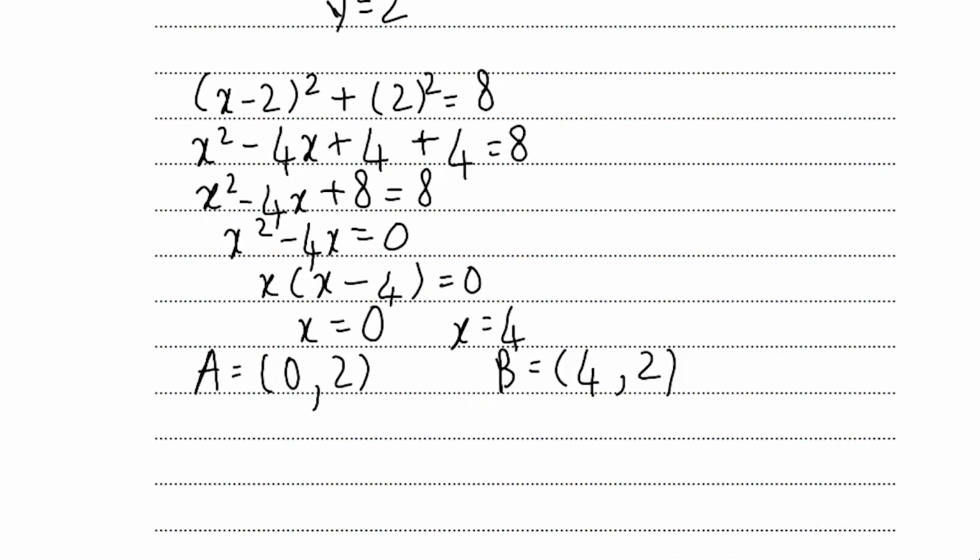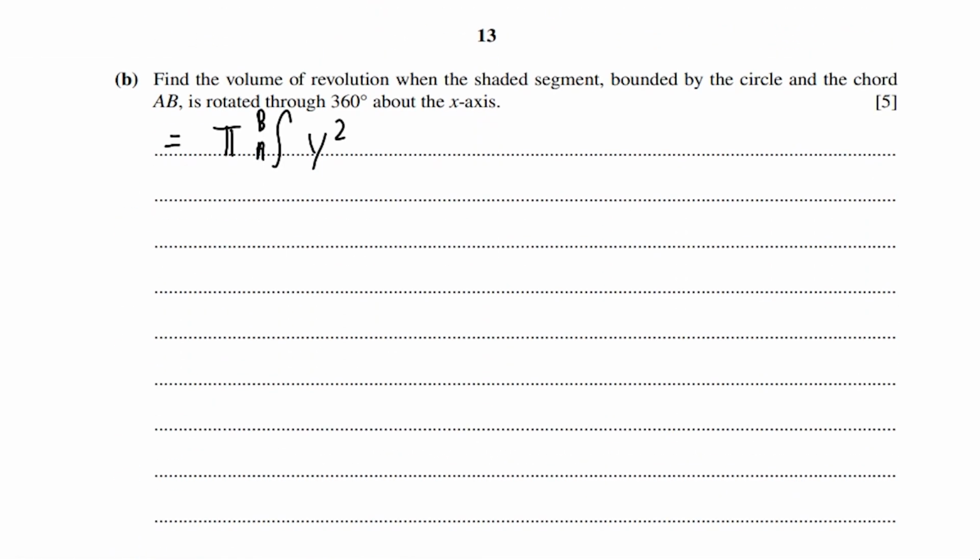Let's move to the next part. In the next part, we have to find out the volume of revolution when the shaded segment bounded by the circle and the chord AB is rotated through 360 degrees about the x-axis. Now one thing which you must know is that when we have to find out the volume when a shaded segment or any shaded thing is rotated about the x-axis, the basic formula is basically we multiply pi with the integral of